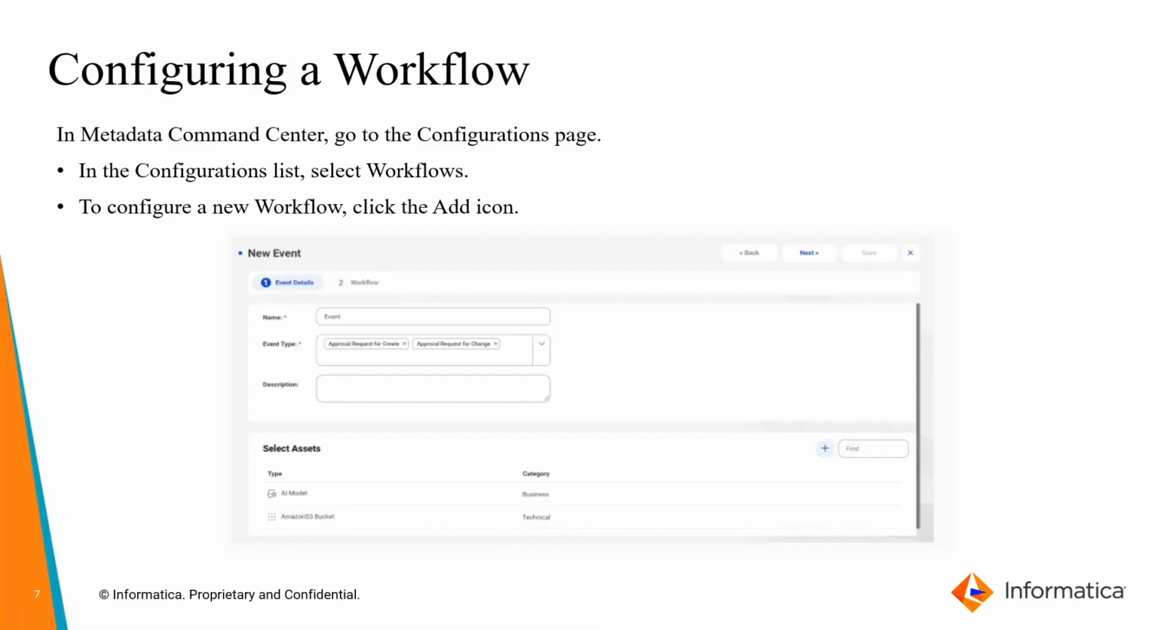We can select one of the following options. Approval request for create. Select this if you want to create an asset. Approval request for change. Select this if you want to modify an asset, or we can choose both. Choosing both will trigger the same workflow when the asset specified is created or updated. Then we have the description